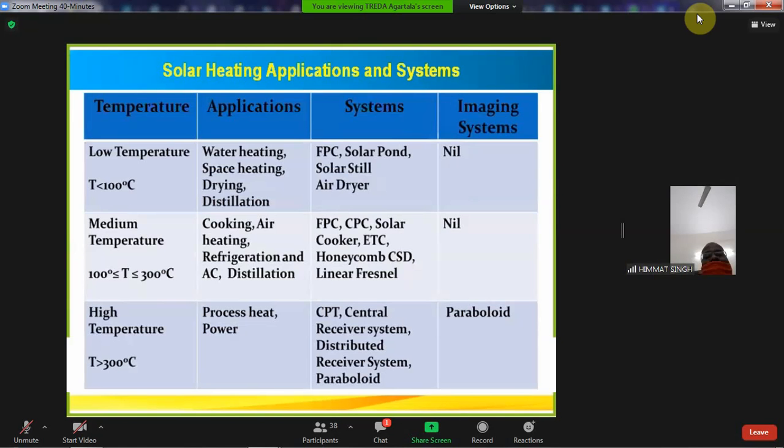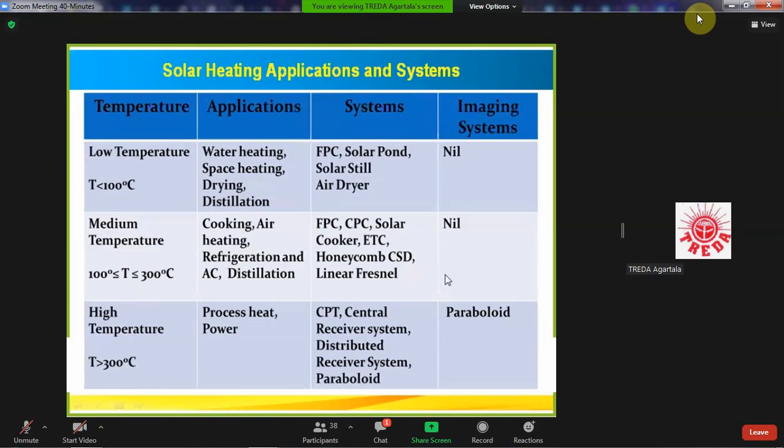The solar heating appliances: water heating, space heating, drying, distillation,